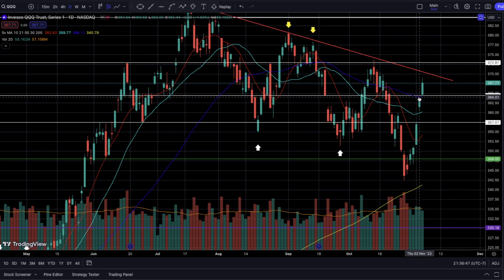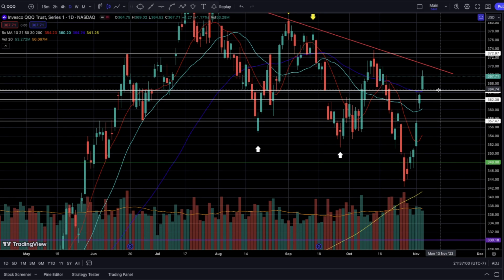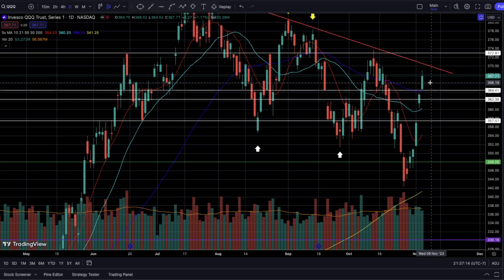So I'm going to be expecting at the very least the gap between Thursday and Friday to be filled, and somewhere around 362 is where we'll be seeing a potential support forming, because in order for us to fill in the gap between Thursday and Friday, we need to break this 364.50 support, which also happened to be the low of the day of last Friday. So yes, we need to pull back. And the same thesis that I've had for the S&P 500 will be applied to NASDAQ once we see that nice pullback and bounce.